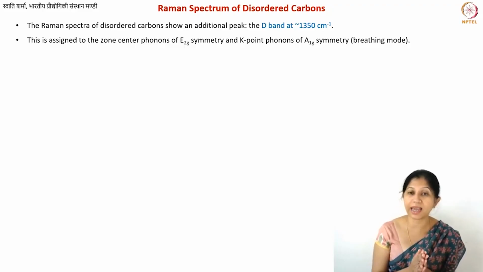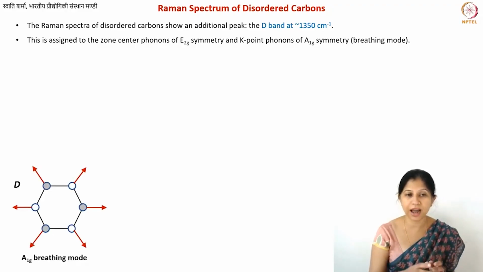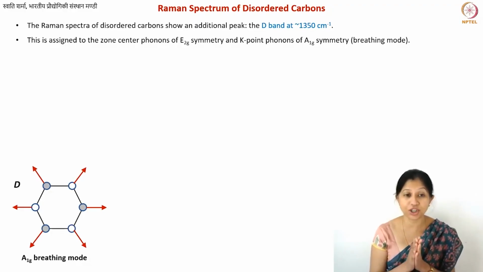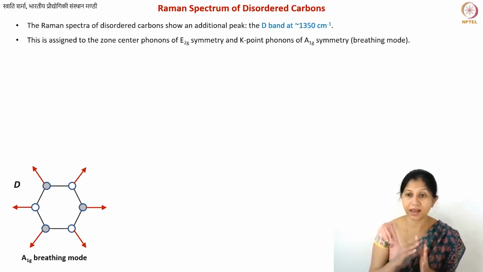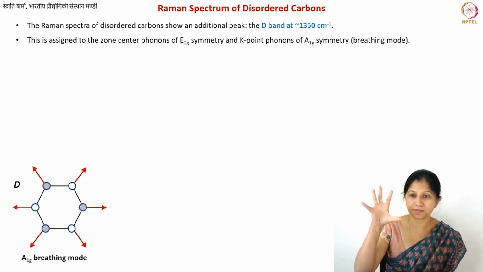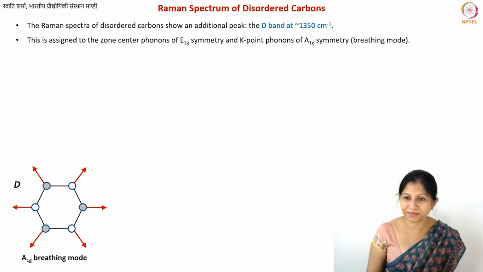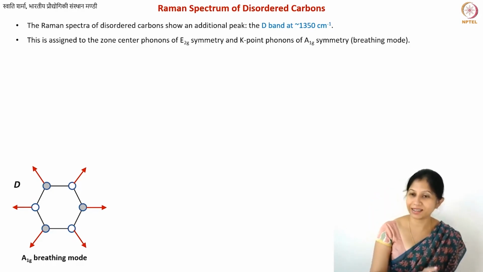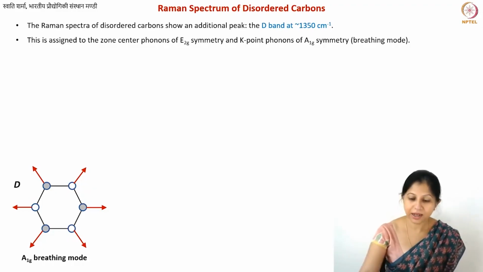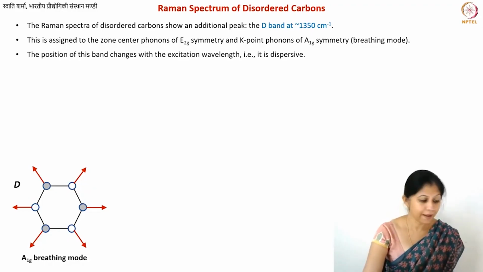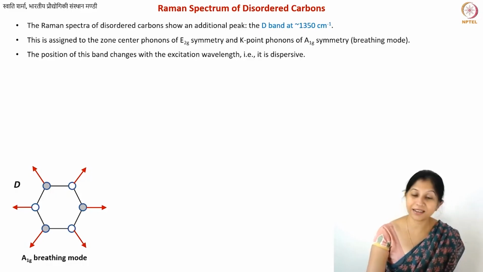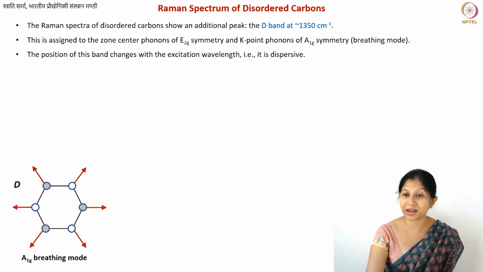This is known as the A1G breathing mode. Here I have shown the motion of your atoms in the hexagonal rings. This is what is your breathing mode, and this gives rise to the D band. However, what is very interesting is that this D band is activated by the presence of hexagonal rings, which means that